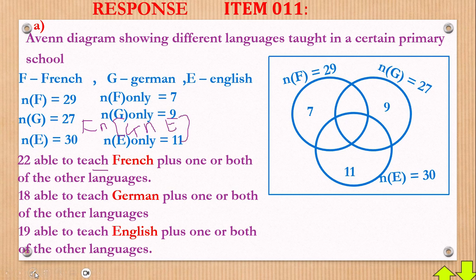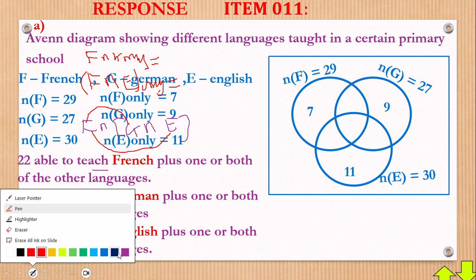And this implies that you combine two letters, then you add the word only. So now that you have f and g only, you have f intersection g, then you add the word only. What shall we have there? The next, out of this, shall have this versus that, then you shall have f intersection e. But again, you must add the word only there. Is equal to what? Now you must first of all ask yourself, who is beginning off with the story here?